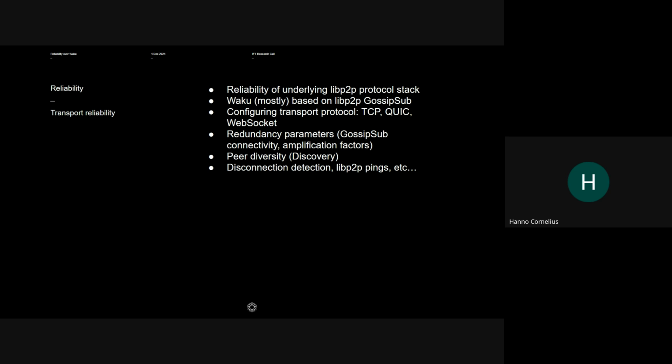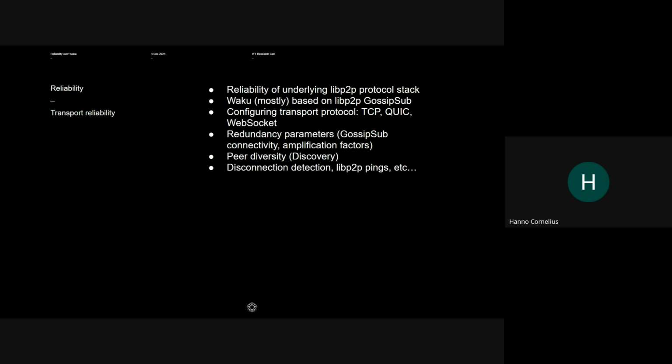Peer diversity is a very important subfield of what we do. This mostly relates to our discovery methods. So if you have a proper discovery method, that is, how do you find other Waku nodes in the network? If you have rich connectivity, that is, peers from all over, with good diversity, you can improve your resistance to things like local outages. It means that you won't be affected by many adversarial conditions or Eclipse attacks as much, because you have a wider exposure as a node to the network.